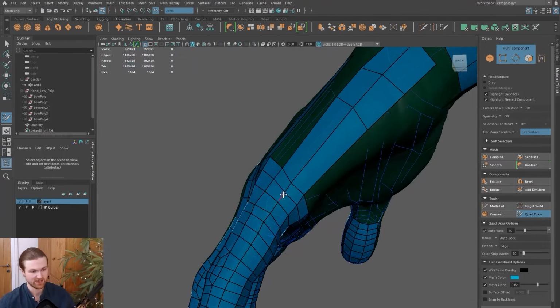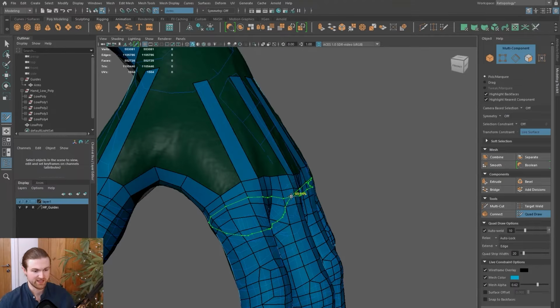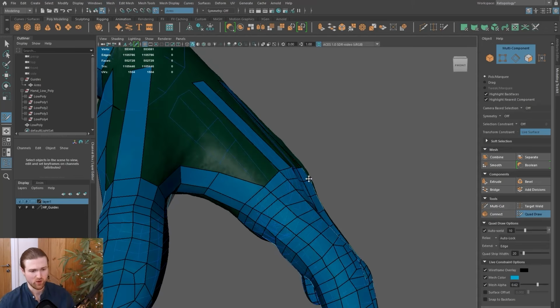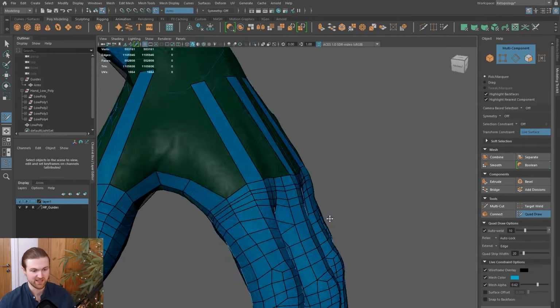So it's really important to actually have these edges directed in the correct place. The top of the edge is on the outside of the knuckle, and the inside of the edge is considered the inside of the knuckle, sort of like the fatty surface. So it's important to have loops here, because if you imagine we're making a fighting character or a clenched fist character, the knuckles are going to bend over and there won't be enough vertices here to support that big arching shape. So in actual fact, we might have a lot of loops here, and that's going to keep